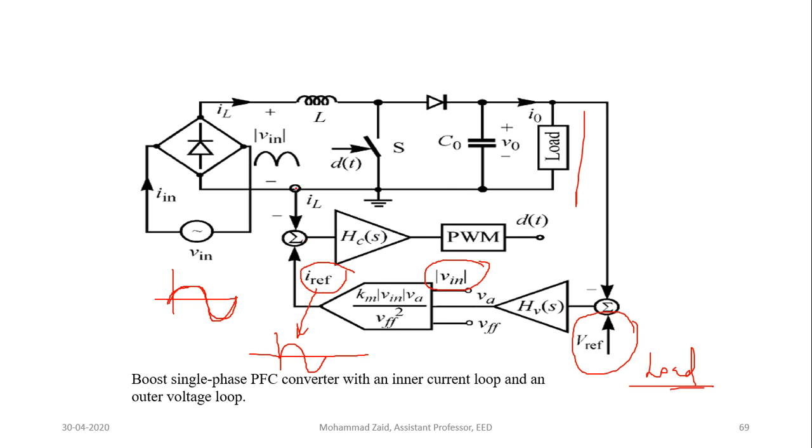Whenever we sense the current, we reduce it by 1/100 times. We are giving it to the controller, and the controller cannot handle a very large magnitude of current. So we have to put in a step down of the current so that the controller can sense it. When the error signal is generated, the PWM is generated by comparing it with a high frequency wave and the error signal, which is almost a constant line, and that signal DT goes into the switch.